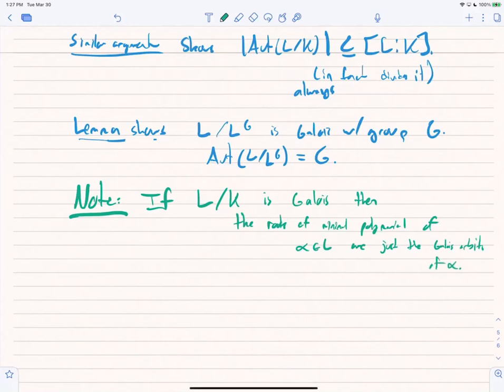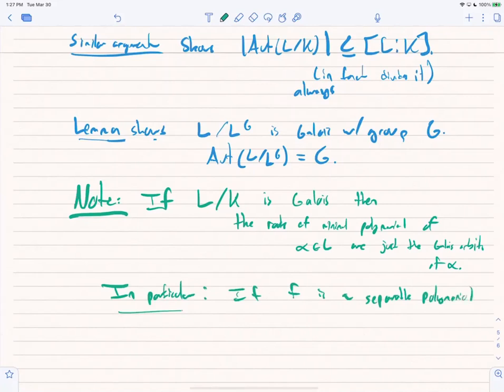So again, the easy part was that anything you hit with an automorphism was still a root of the minimal polynomial. What Galois theory tells you is that this is really giving you all of them. So in particular, if f is a separable polynomial, not necessarily irreducible, and L is a splitting field,